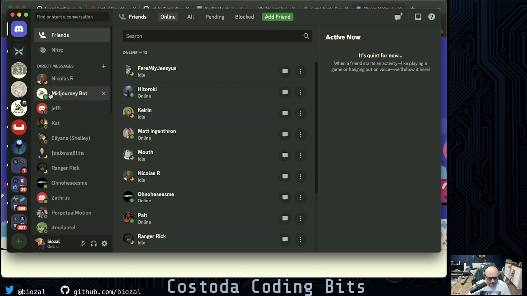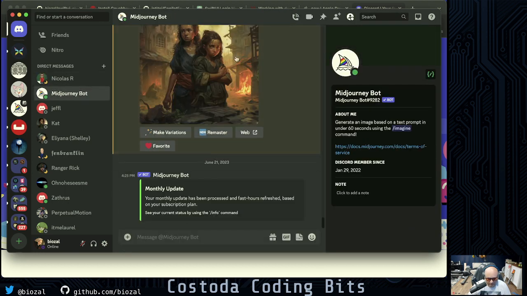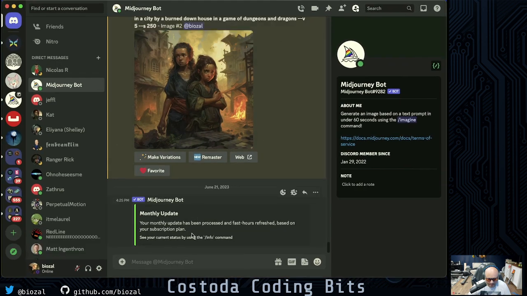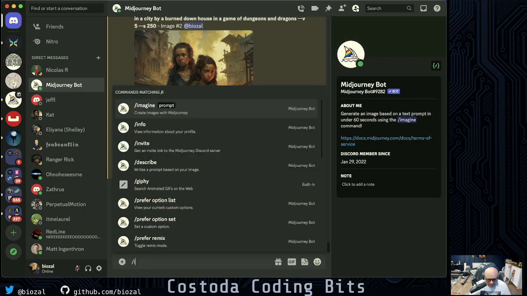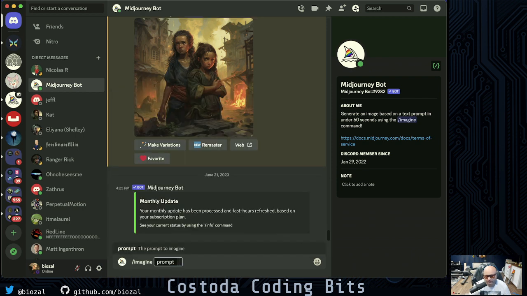Let me go to Midjourney real quick here and generate an image. Let's see, imagine. So this is how it works. We say imagine, and it gives us a prompt. And now we say